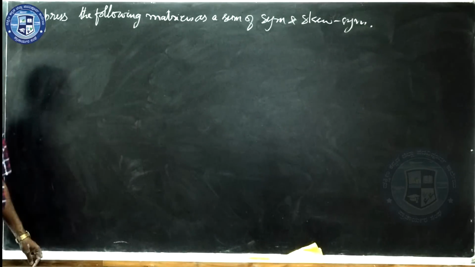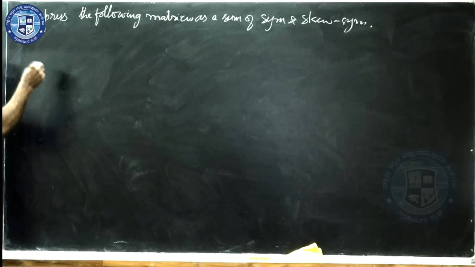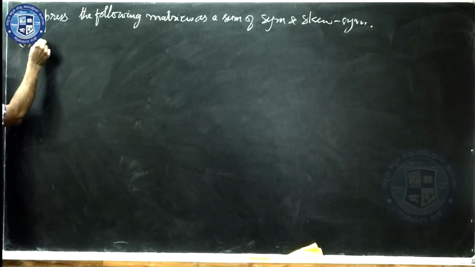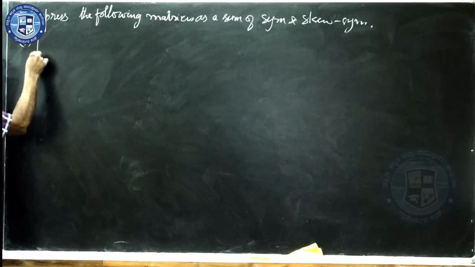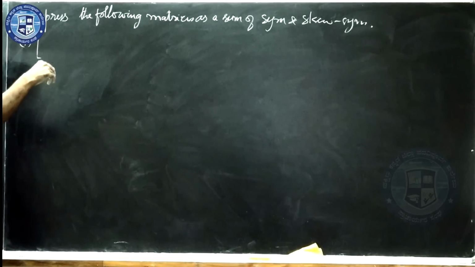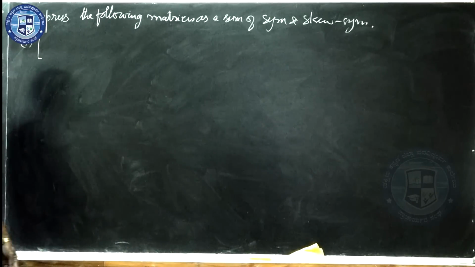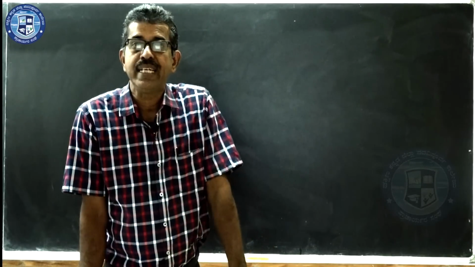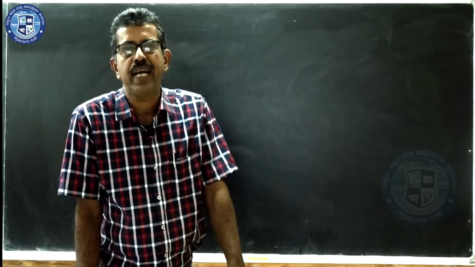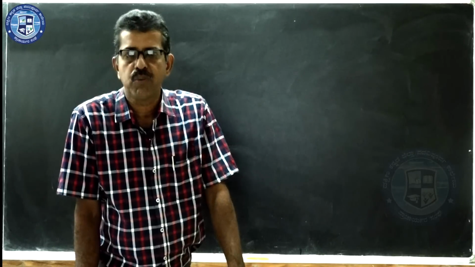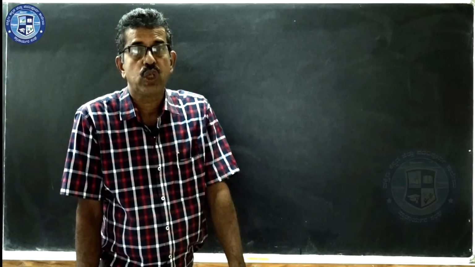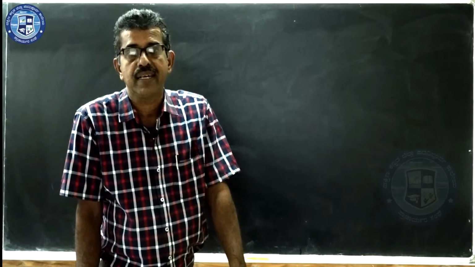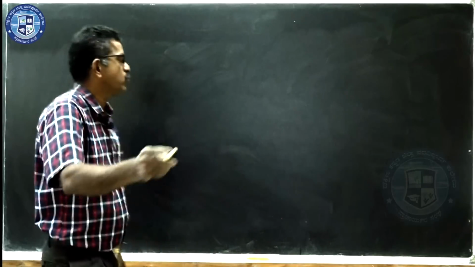Let me explain 2 or 3 examples. I will explain only one example in the case of a 2 cross 2 matrix. We will continue with the examples which are likely to be asked for 3 marks in board examination, based on theorem 1 and theorem 2. So, the questions will be like this: